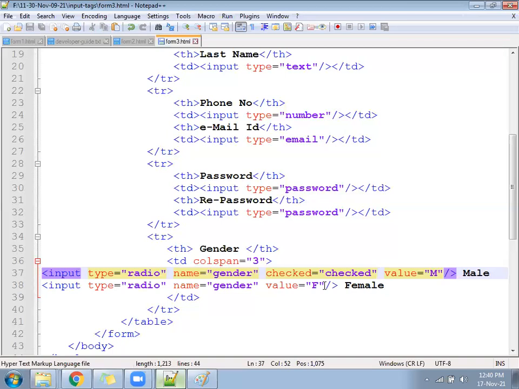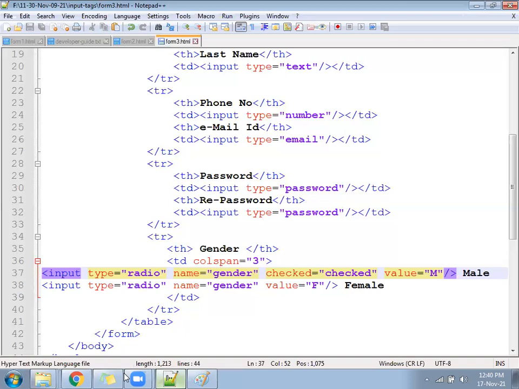The first radio button is checked, and as soon as the compiler goes to the next line, the second radio button is also checked. Then it leaves the first and captures the second. So if more than one radio button is checked with the same name, which one will be enabled by default? The first or last? Last.